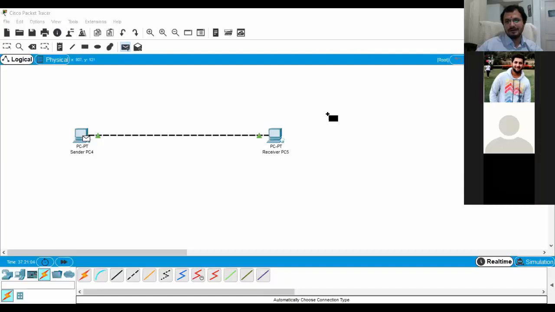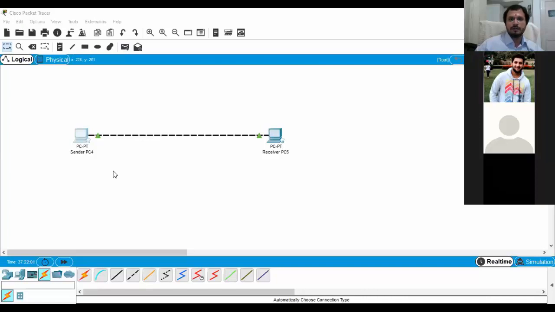Yes? Who said protocol? Yeah, so that is the thing that is missing over here. Please remember this. Without protocol, these two devices will not be able to communicate with each other, right? So can you please repeat what are the 5 things that are needed for two devices to communicate with each other? That is one sender, one receiver, communication channel, and protocol. So what is protocol? Protocols are the set of rules through which these two devices will communicate with each other.